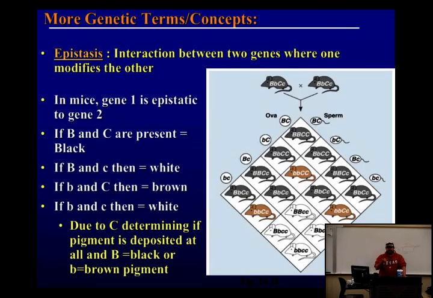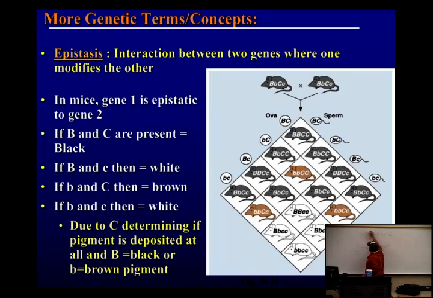But in this case, these blend together. So you get a 9 to 3 to 4 ratio, or in some cases, all 3 of these would blend together. So you would get a 9 to,